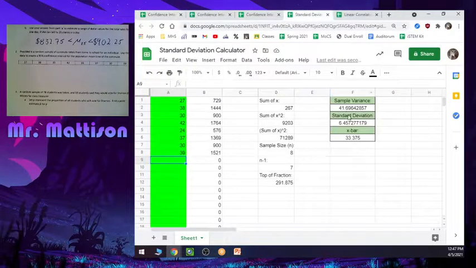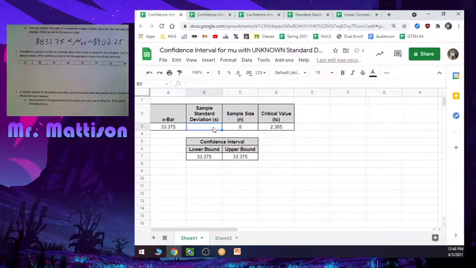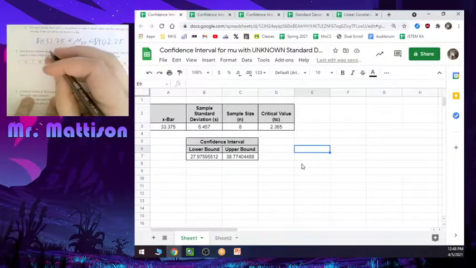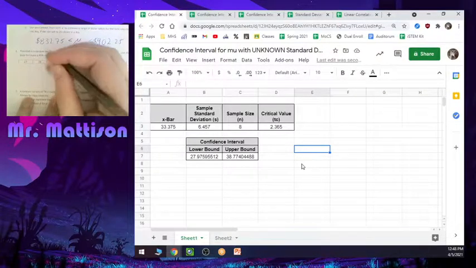And we had a standard deviation of 6.457. You can take those decimals out as far as you want, but 3 or 4 places is typically going to be fine. So then click off of it. Then there's our confidence interval. My confidence interval, if I round that off, is going to be